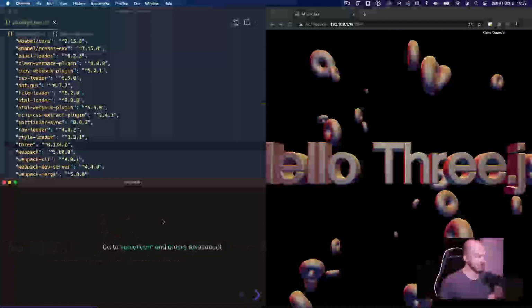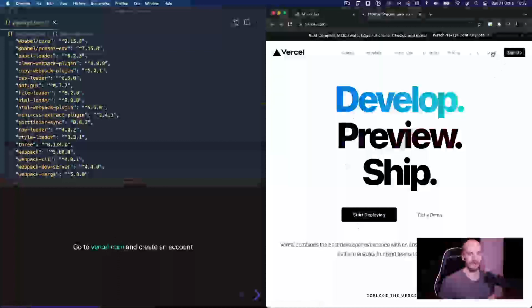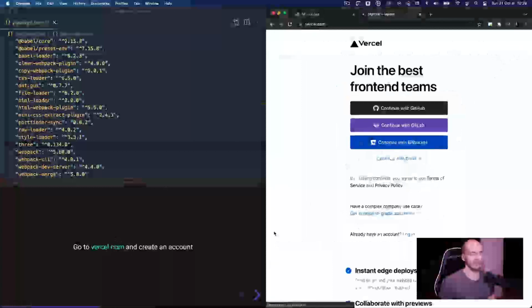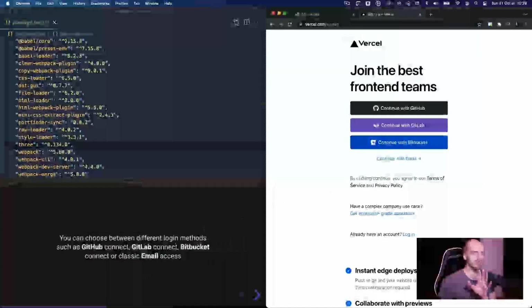Okay, let's go. We can create an account. If you don't already have an account on Vercel, go to vercel.com, and you can sign up. You have many solutions, as you can see here. So which solution to choose? We have continue with GitHub, continue with GitLab, continue with Bitbucket, and the small one that you can't see much